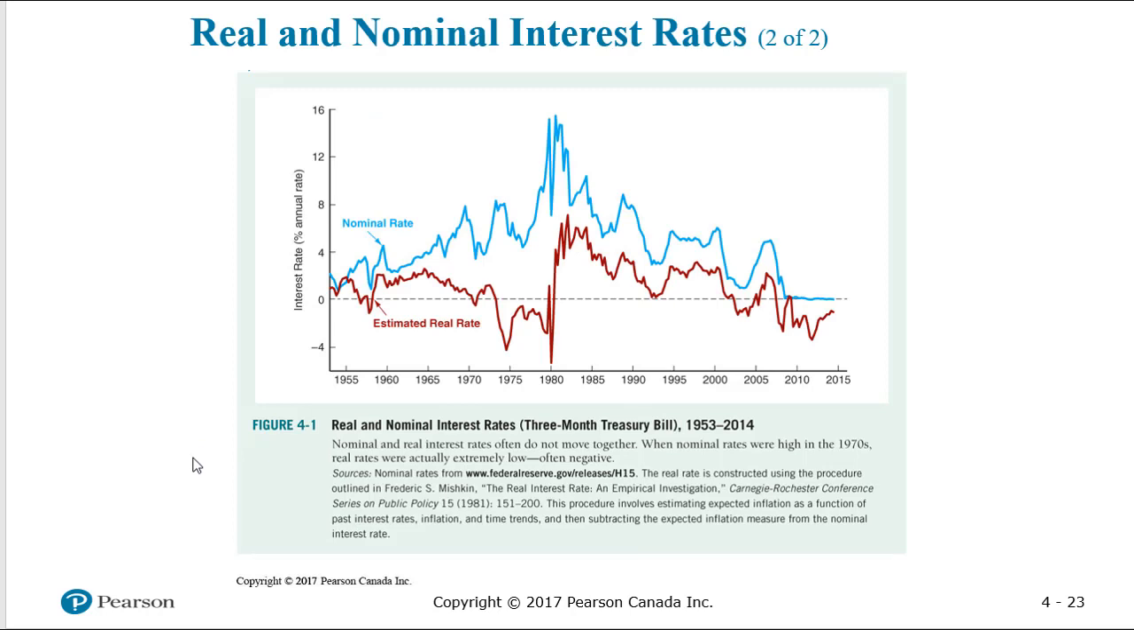And finally, just one last slide, which was showing a chart from the textbook. It's showing the nominal interest rate and the estimated real interest rate. Okay, and this is a 3-month Treasury bill from 1953 to 2014. We like a lot of graphs in this textbook. And that's the end